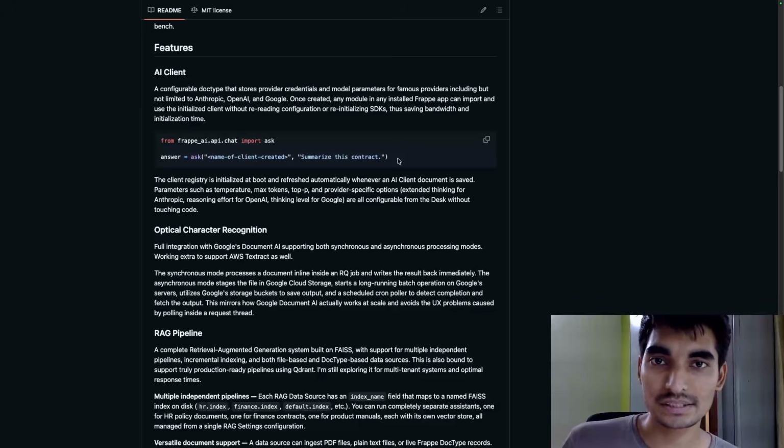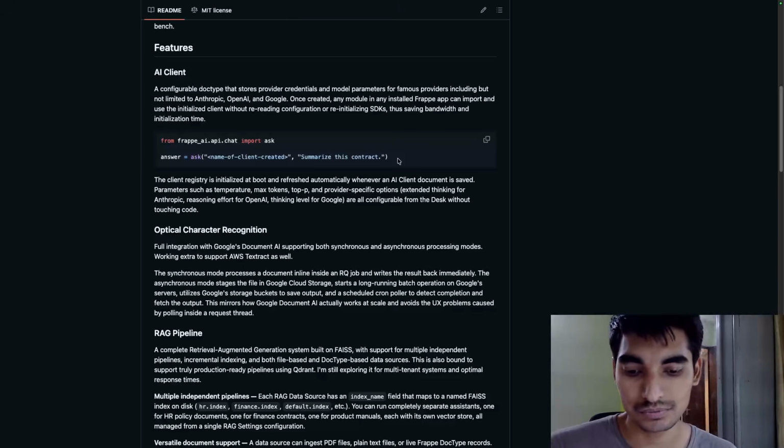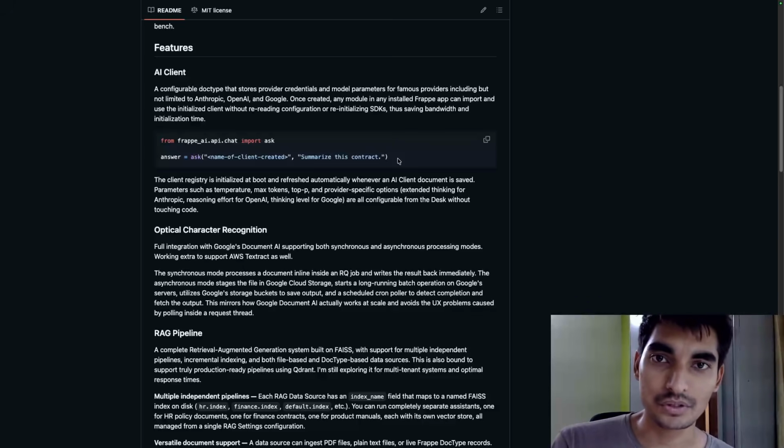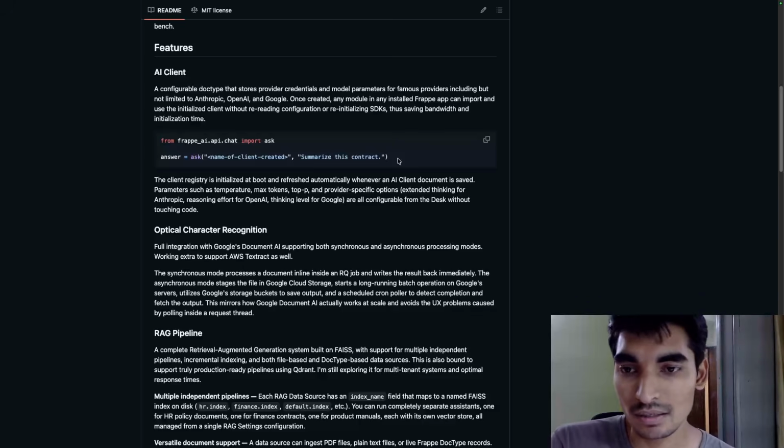With this application, what you'll get out of the box is all your AI clients in one place, all your RAG pipelines handled, and you'll have access to operating everything from your desk. Plus, you can use whatever functions are being called behind the scenes across your models in any of your benches, any of your sites. There's a core functionality that Frappe provides to import a module from other sites as well.